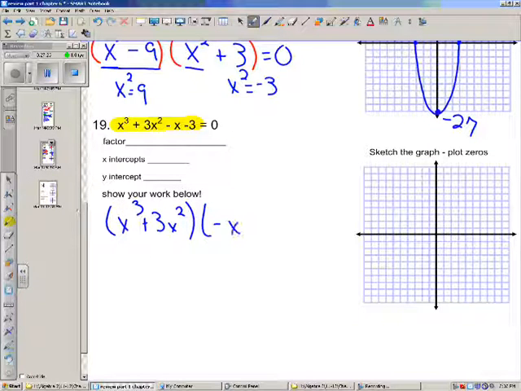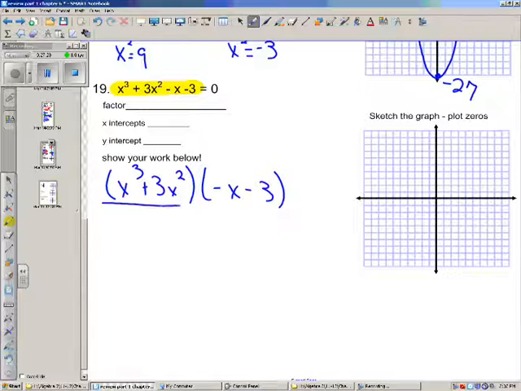And I'm going to group the second 2. And I'm going to look, what can I take out of the first set of parentheses? And out of the first set of parentheses, I can take an x squared, and I'm left with x plus 1. Which means when I get to these parentheses, I also have to have,